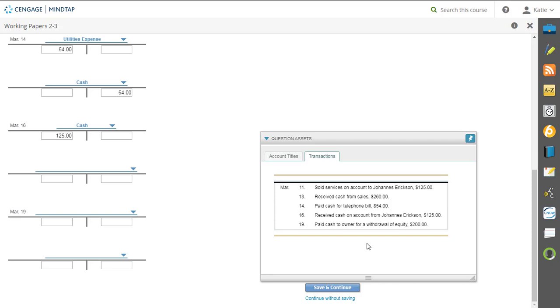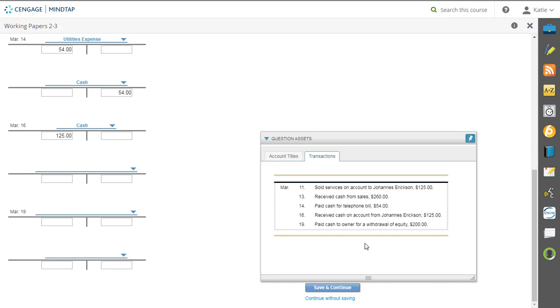Payable. If you don't see payable in it, it's not a liability. I really just said that less than 2 minutes ago. Okay? So if you see the word payable in it, that tells you it's a liability. It has to have the word capital in it in order to be owner's equity. So therefore, Riley, we've narrowed it down and we know that accounts receivable Johanny Erickson is going to be an